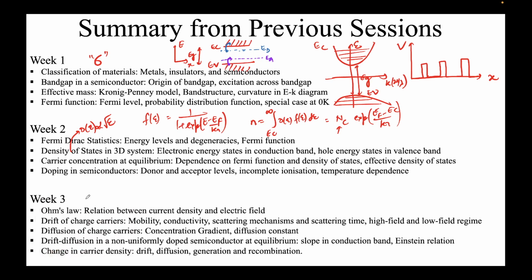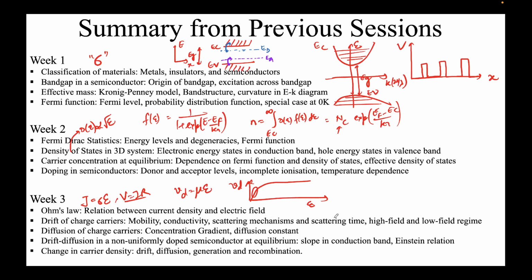You apply an external field, like we saw J equal to sigma E, where E is the external field, or the counterpart you must be familiar with, V equal to IR, right? So drift is essentially the motion of any mobile charge carrier in the presence of an electric field. Vd equal to mu times external field E, where Vd is the drift velocity at which the charge carrier is moving, and we saw it was something like this. So this is Vd versus electric field. In the linear or low field region, it is this. However, if you increase the field, it saturates,